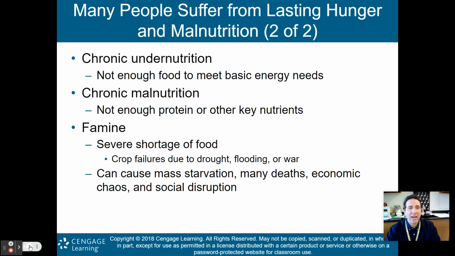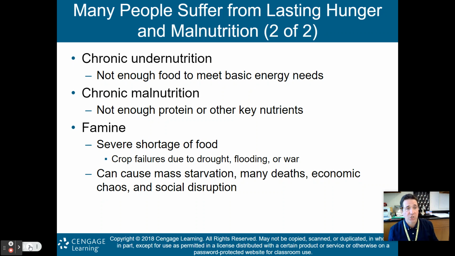So what is chronic undernutrition? That's when you don't have enough food to meet your basic energy needs. Energy meaning the body's energy here, okay? Not necessarily electrical energy or mechanical energy. It's the body's energy, right? So if you don't have enough food for the basic calorie intake that your body needs to function, you have